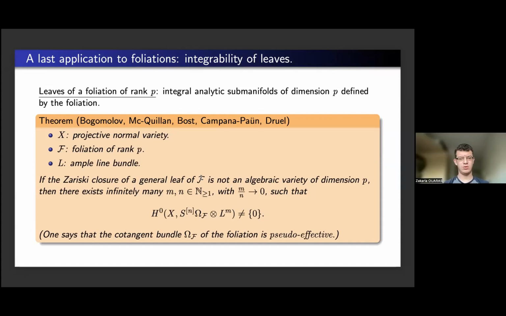He's a student of the MIE. Do you know? Yeah, Junyan Cao. I think he gives the cohomological characterization of pseudo-effective line bundles. But this characterization of pseudo-effective vector bundles is new for me. But okay, so